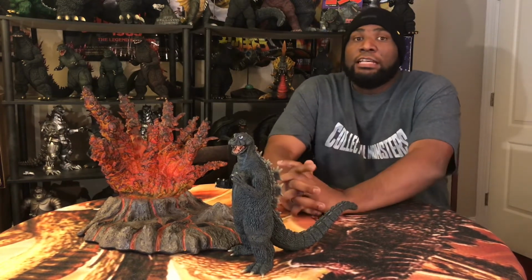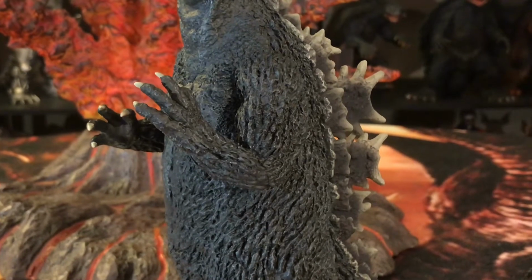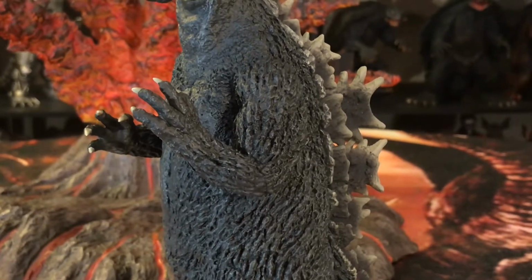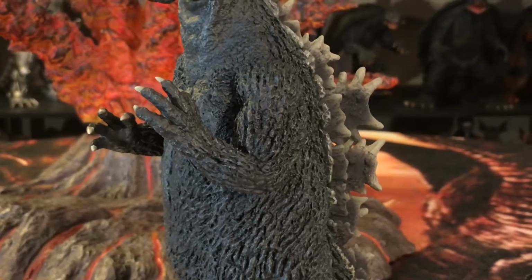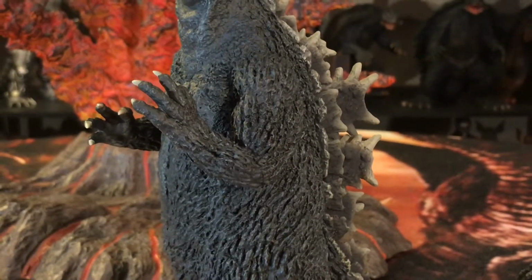Let's get up close and personal with this guy, and I'll provide some inserts as we go along here. Really simplistic, you know, Godzilla tree bark light skin, has some dirty highlights all over the body here, all over his skin. They have done a really terrific job with what they're doing with their sculpts